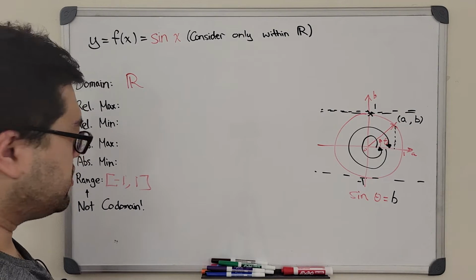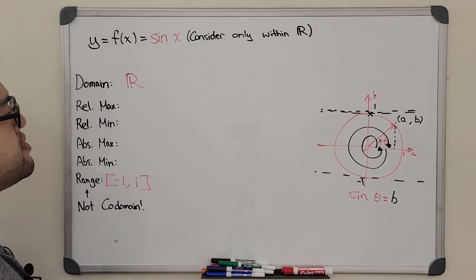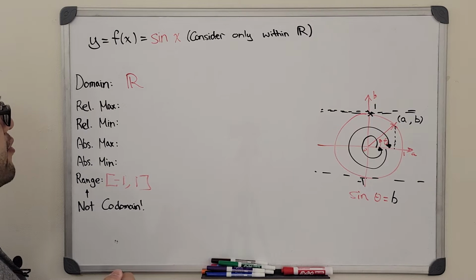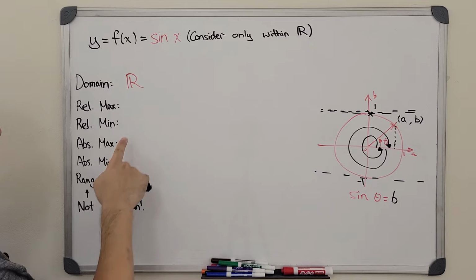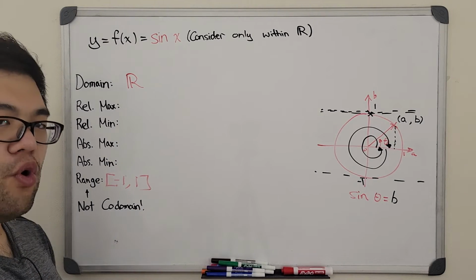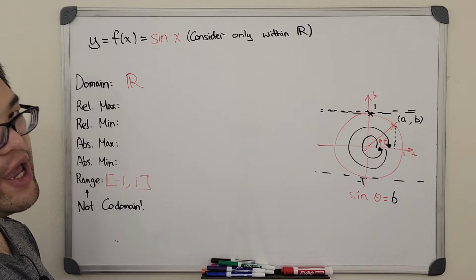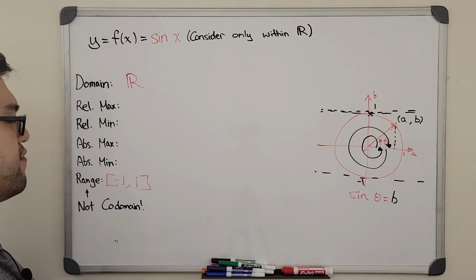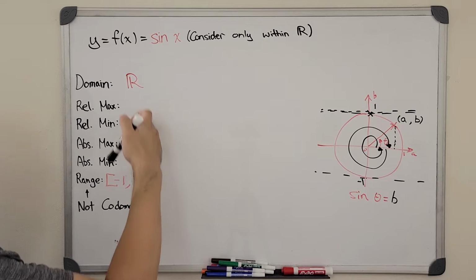But those are not the complete answers, because when we try to find the relative extrema and the absolute extrema, we need to think of it as a point, meaning we need to have both x and y values instead of just the y values of